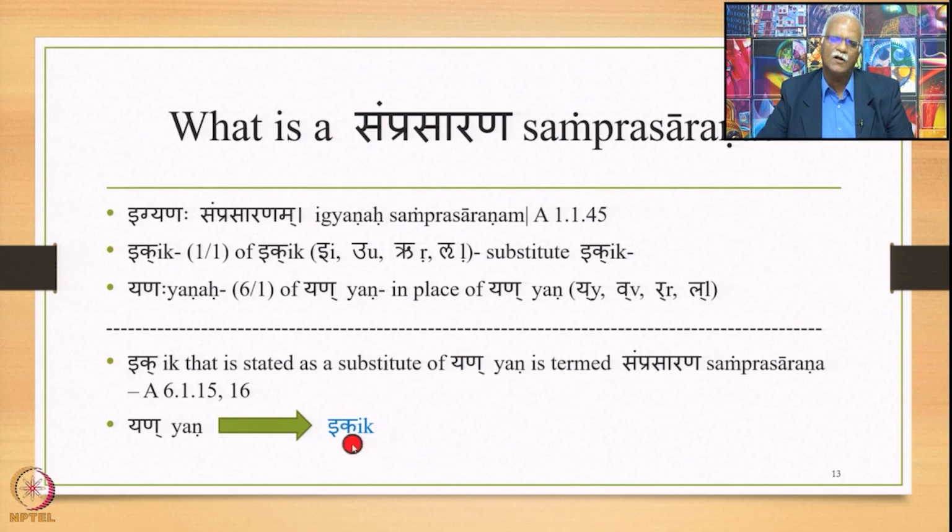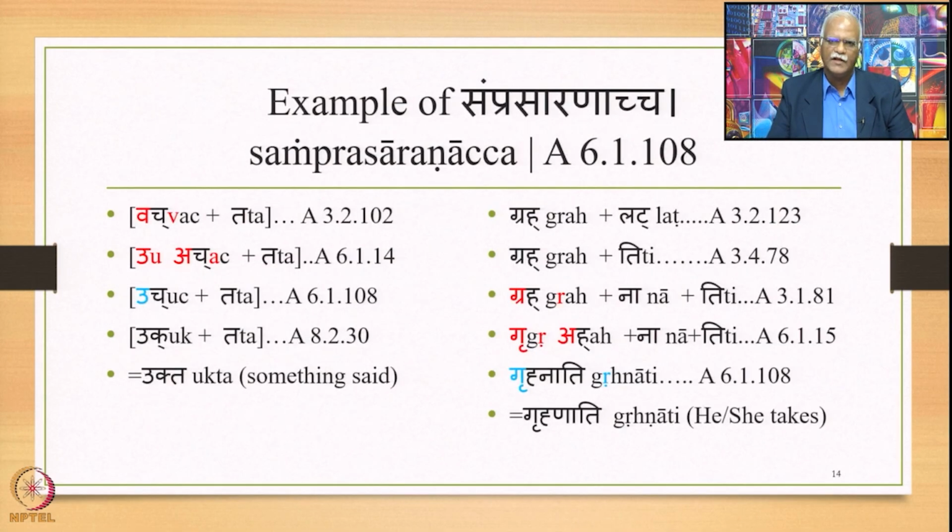This ik is called Samprasarana. Let us take the example. There are two examples on this particular slide. Let us take the left hand side example where you have vach plus ta. This is the past passive participle of the verbal root vacha, to speak, and we add the suffix ta to it by the sutra